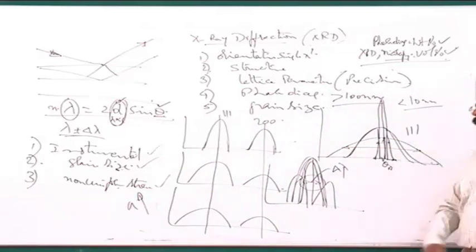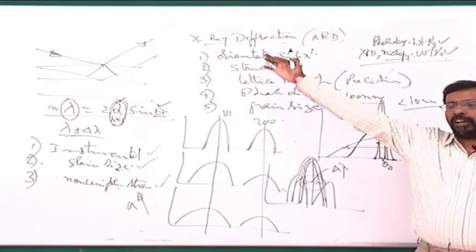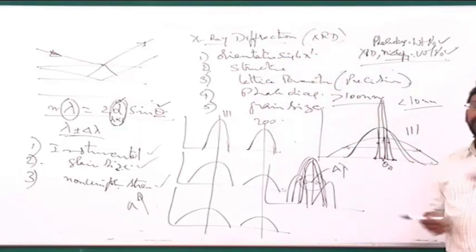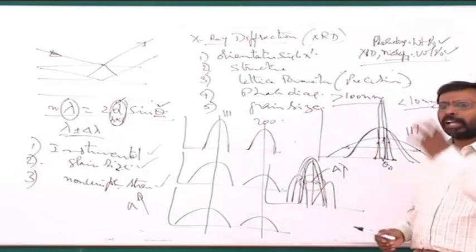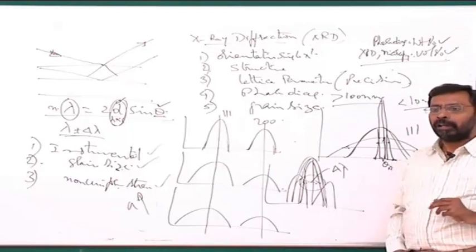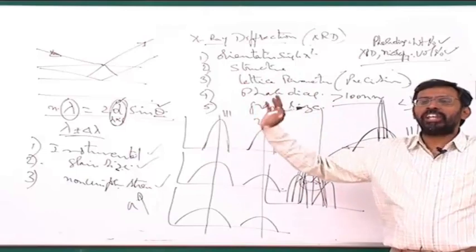To do that, the first job that we do is, we take a standard sample where we know the grain size is very large and that there is no strain inside the material. That means highly annealed material. Let's say I am working on aluminum, nano aluminum. I take aluminum, anneal it at high temperature, take a powder of annealed aluminum, where I know the grain size is very large and there is no strain inside the material.